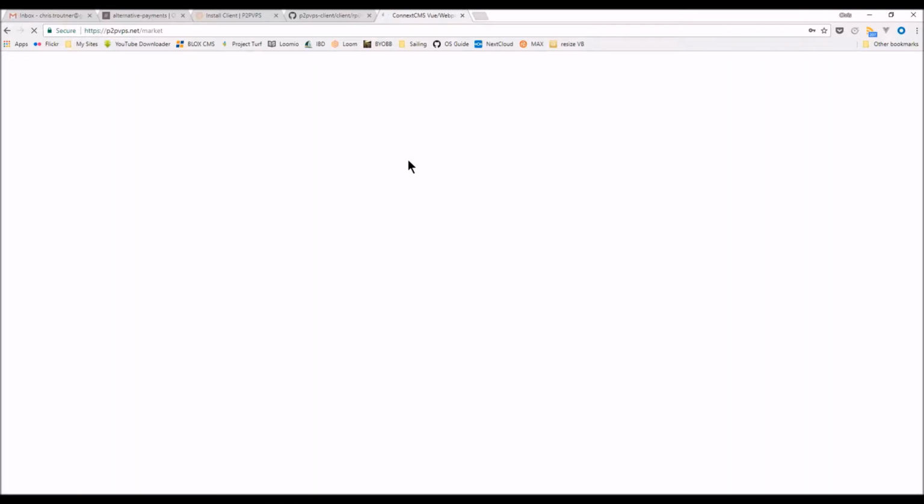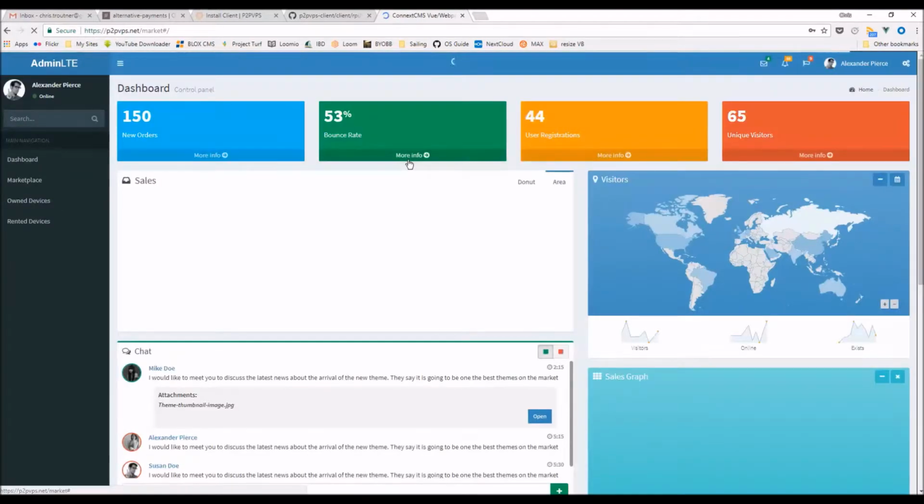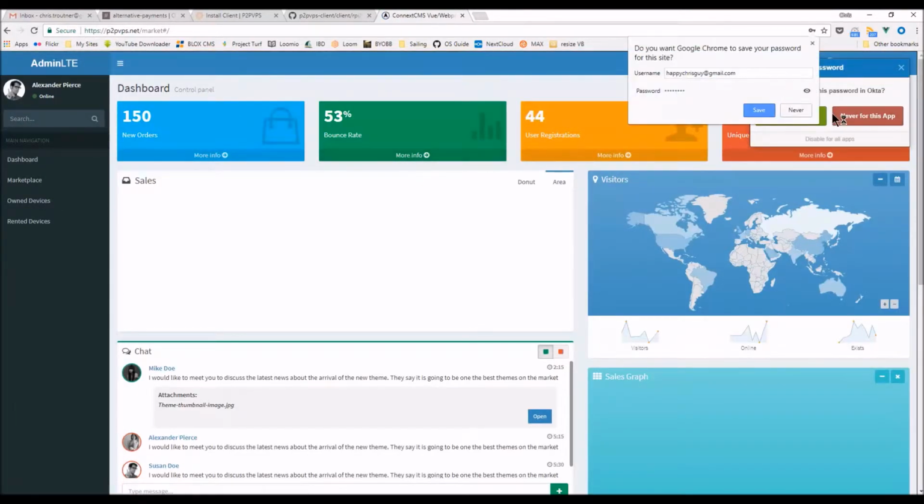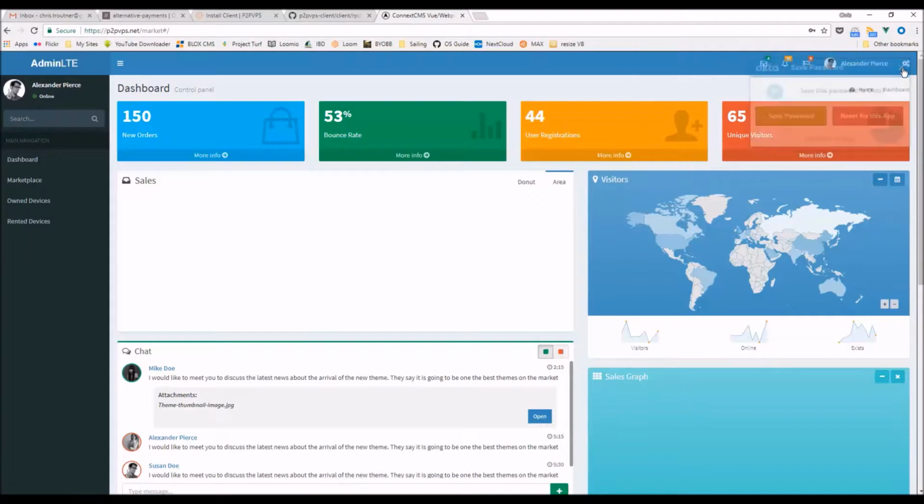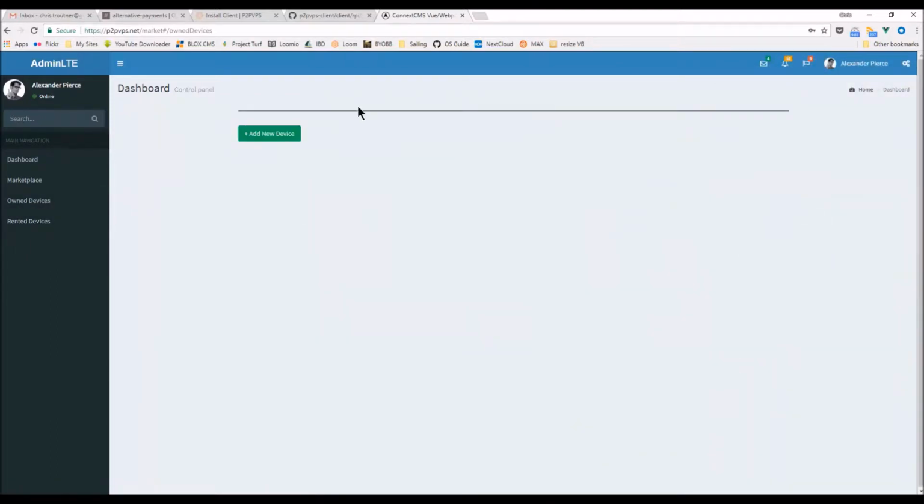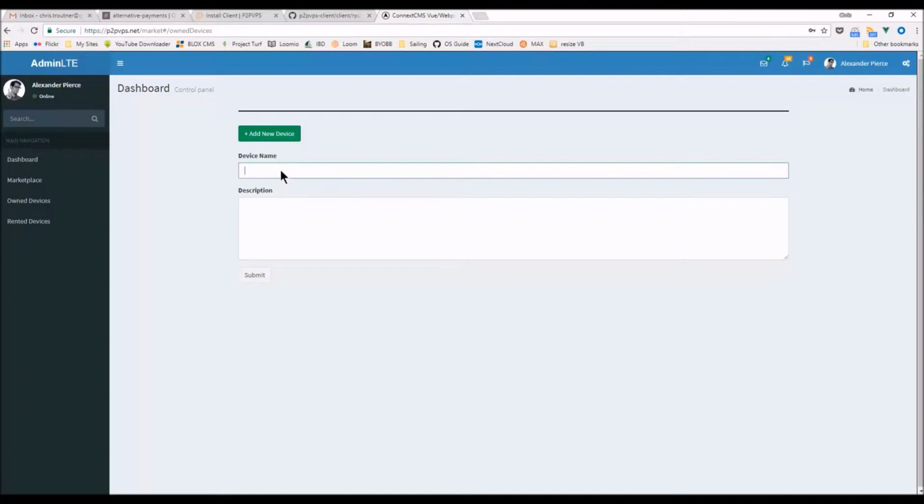Now, the marketplace application that's coming up right now is very rough, but it is functional. So basically ignore everything that you're seeing and go navigate to the owned devices. And this is really the only functional screen right now, this owned devices view. And now what you're going to want to do is click on this add new device button and give your device a descriptive title, and so I'm just going to call this test Pi,